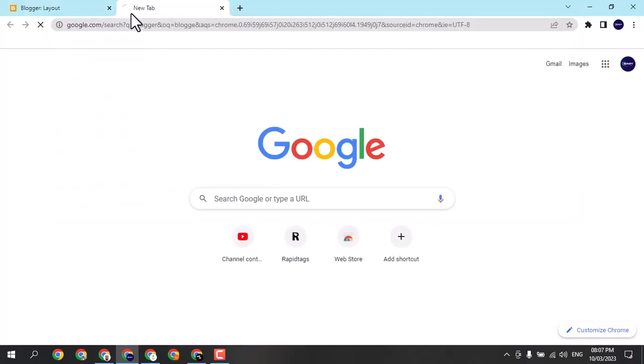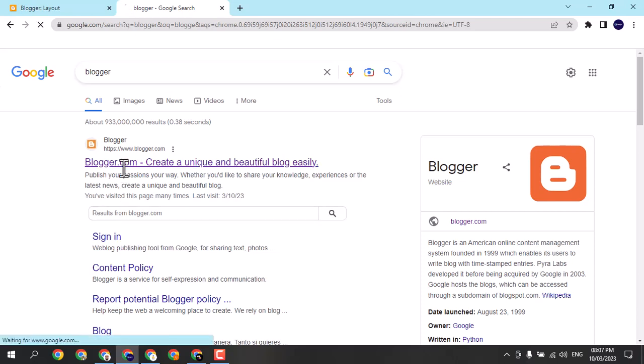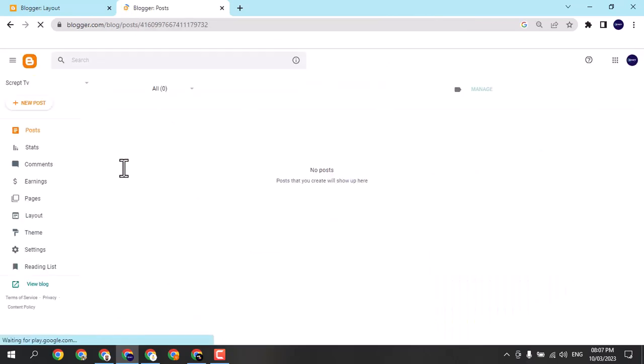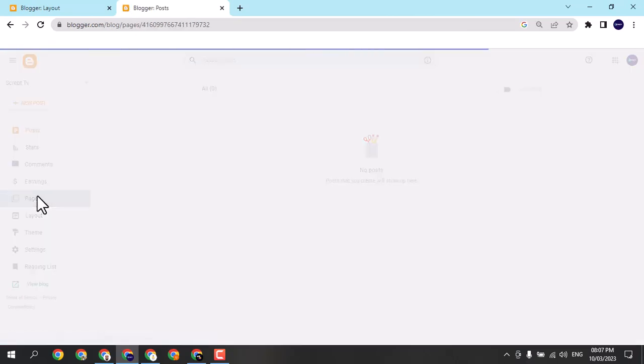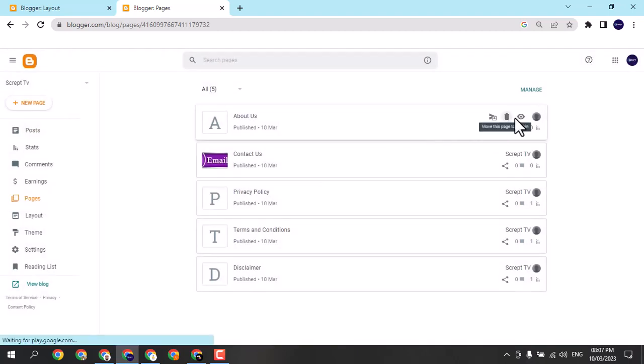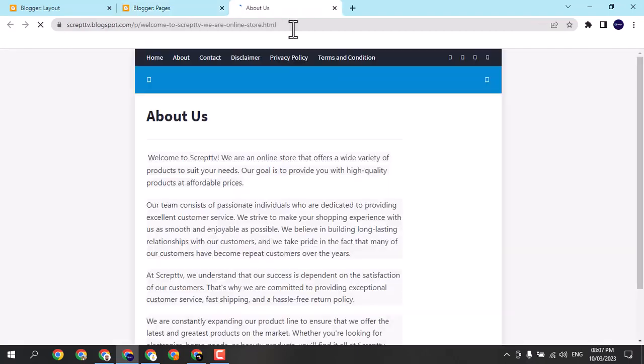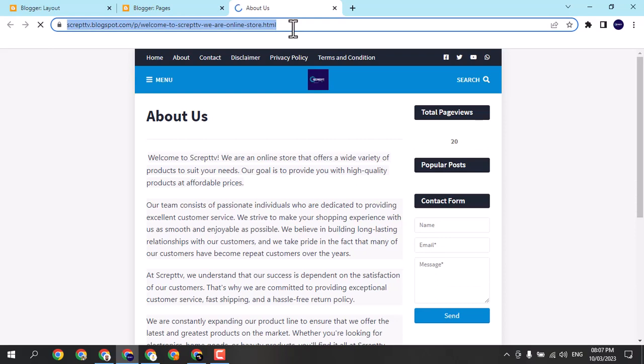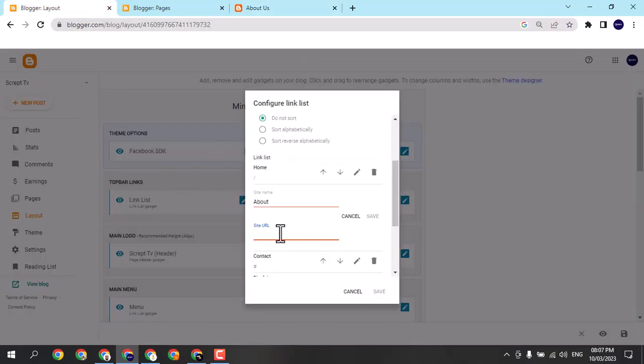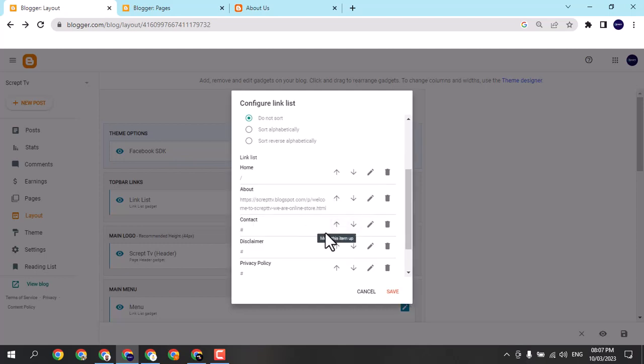Blogger. Open. Click on pages. View about us. Control C, go to layout, Control V and save. After this,